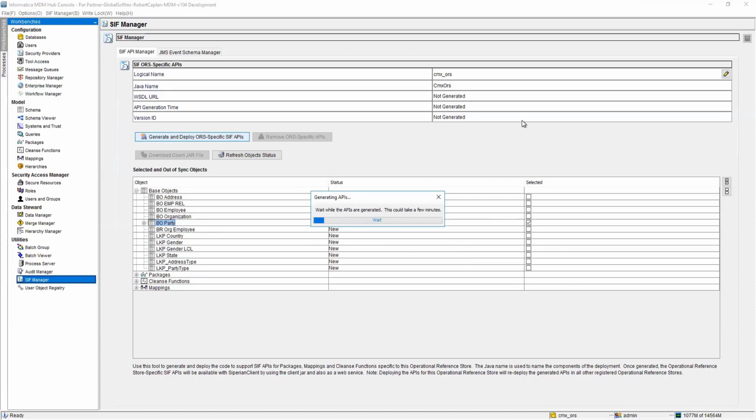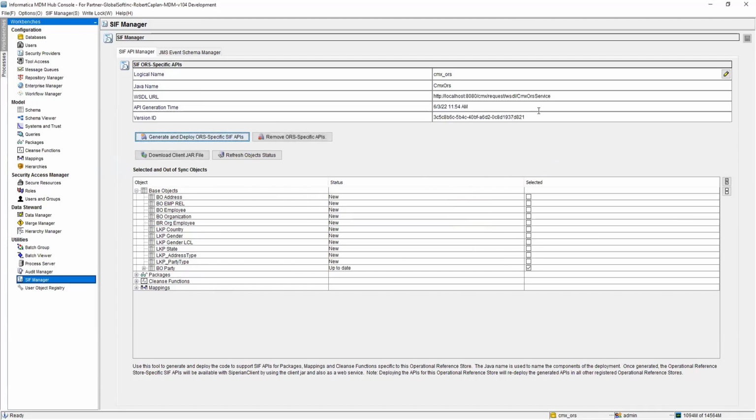So all those APIs will be generated and we'll get a URL for that particular part. So if we go ahead and create this,